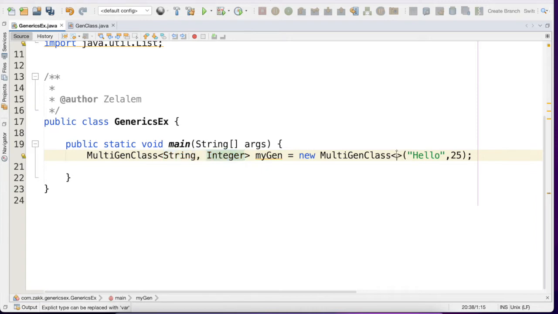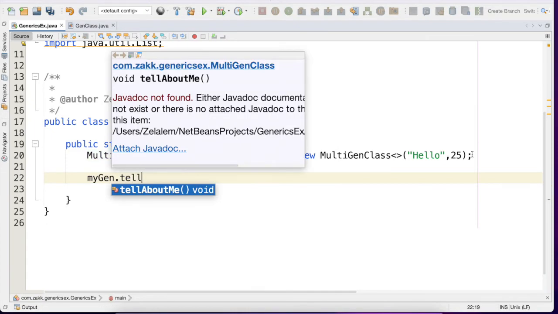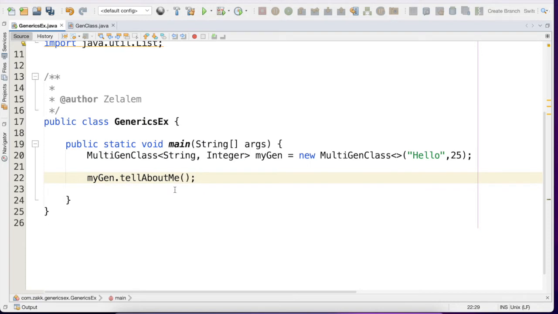Here, as we have discussed before, we don't have to specify the types. It will be implicit that this class takes string and integer. So here we will expect a string and an integer,